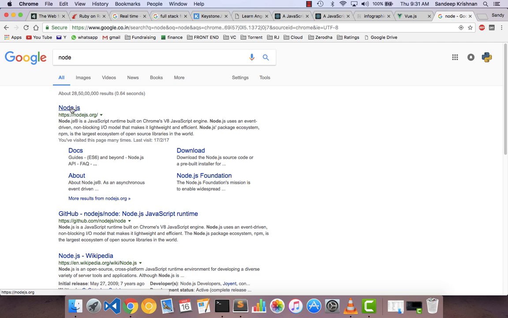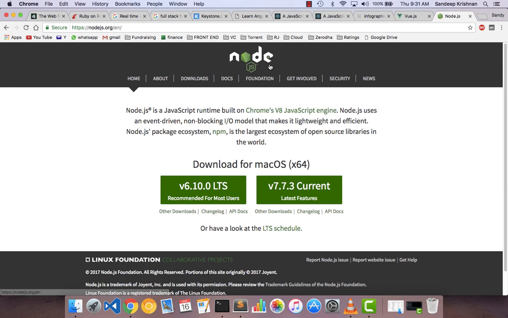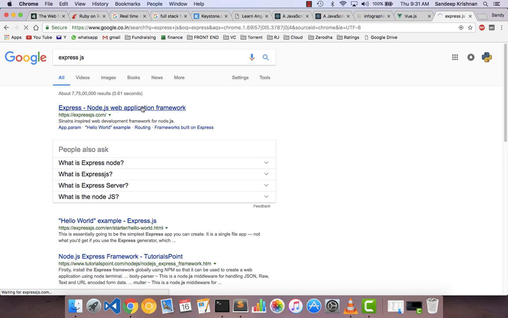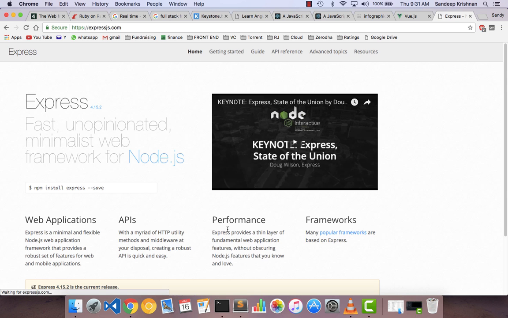Another very famous back-end framework language is called Node.js. Node.js is a language, but it is also a runtime, meaning that it's not necessarily a full stack language like Python, and there is a very famous framework for it. For Node.js, it's called Express.js. So if you want to use Express.js, it uses Node as a platform and runs your application. This is Express.js. So again, this is only related to back end,